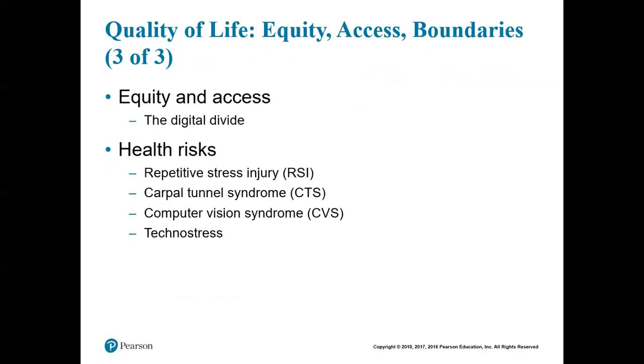Other things that affect quality of life using systems. Health risks. Who would think a computer would have health risks? Well, first is repetitive stress injury. I'm a winner there, and then I've had elbow surgeries related to this. I'm also a winner of carpal tunnel syndrome. I've had 4 of those. Computer vision syndrome. I'm a winner there in that my eyes are prevalent to problems with the light within computers, so I have lenses specially made.